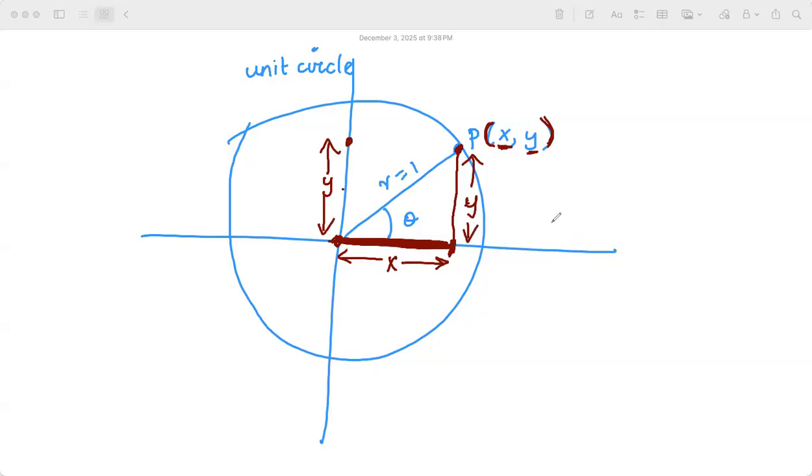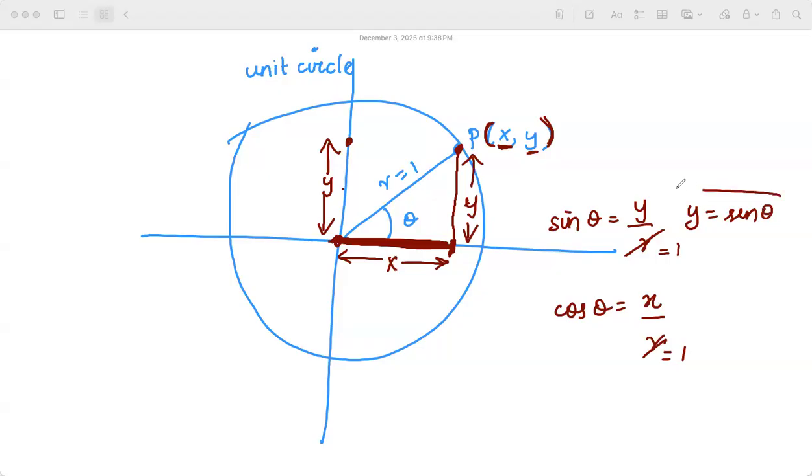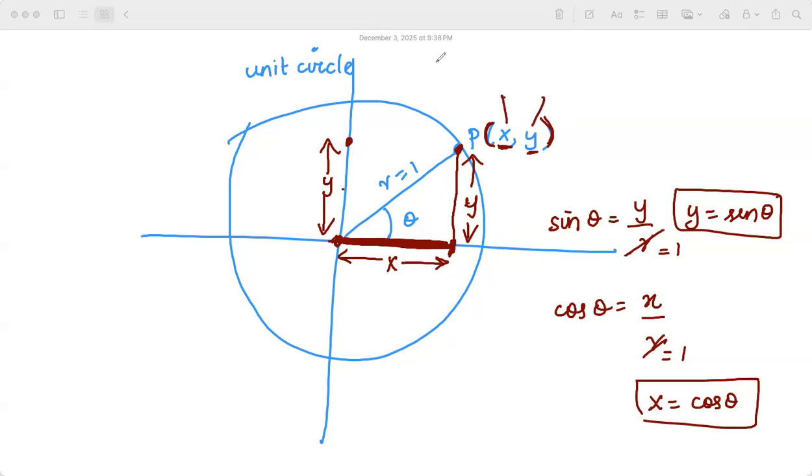This is y. So I'm going to write out my sine theta for this one: y by r. Cos theta on this: x by r. We already said it's a unit circle, right? So clearly r was equal to 1. Now see here, y became equal to sine theta, x became cos theta. Does that make sense? Can I write instead of x comma y, cos theta comma sine theta? Yeah. Let's take this point.